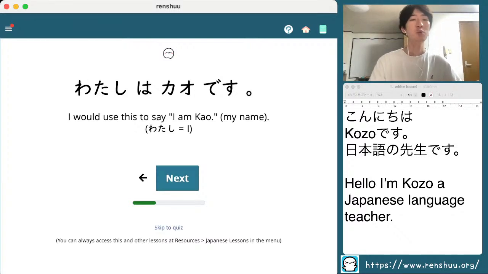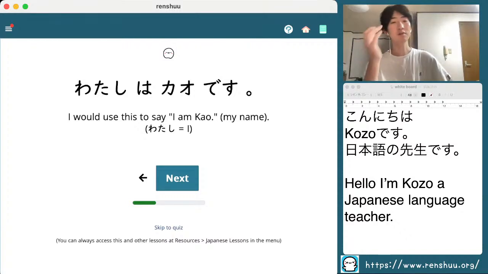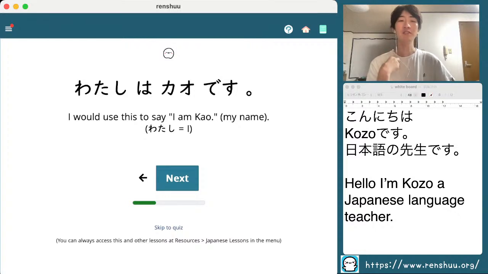So, 私は顔です。I would use this to say I am Kao. My name is Kao. I'm Kao. So I'd say 私はコゾです。